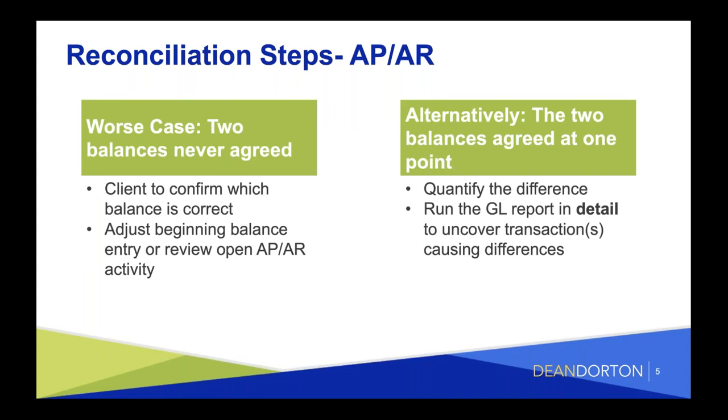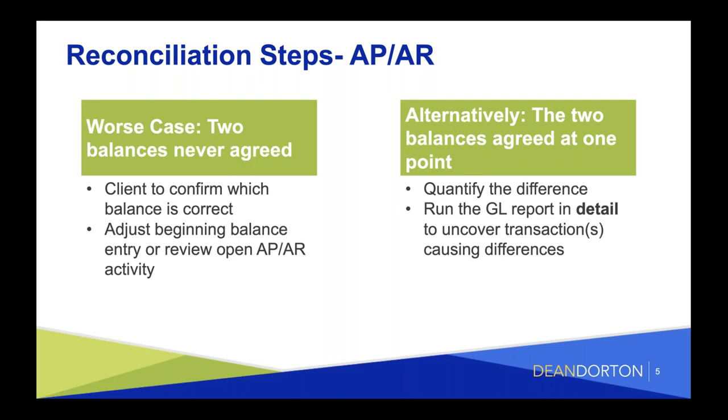Worst case is that the two balances never agreed. And we've had cases like this before that unfortunately, maybe we started working with a customer after the fact, picked it up, worked with them, and when they did their conversion over to the system, nothing was truly reconciled. So even in the very beginning, their AR subledger and their AR general ledger account or accounts don't tie out. So at that point, you're going to have to make a call as to which one is correct, and then